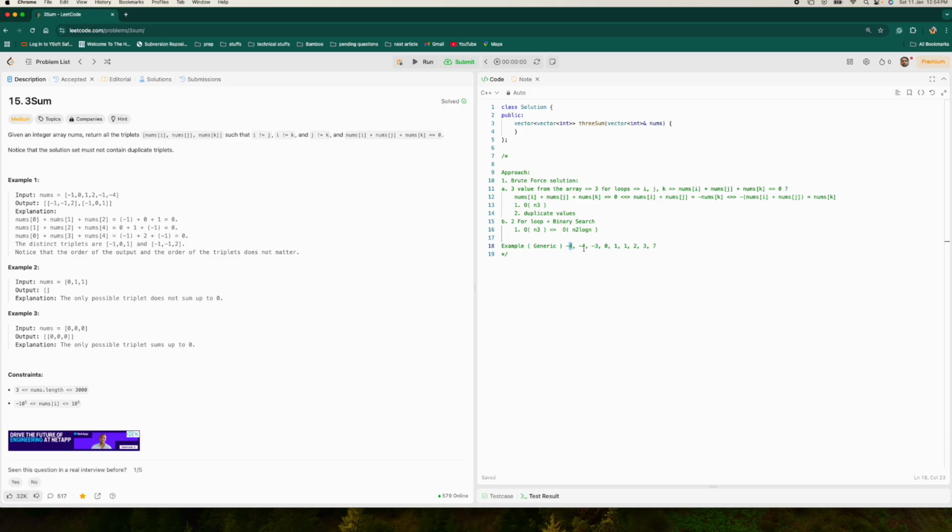binary search in such a way that we try to find two items from the nums array, two integers, such that if these two are summed with the third item, it will become zero, right? And just now we were talking about doing binary search to find nums k. What I'm trying to say here is we will have one single for loop instead of two for loops,